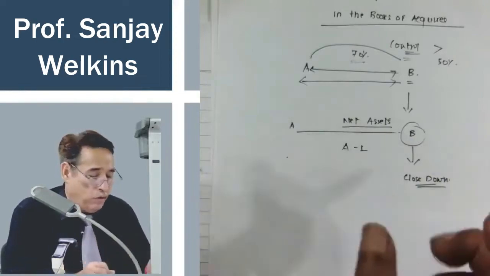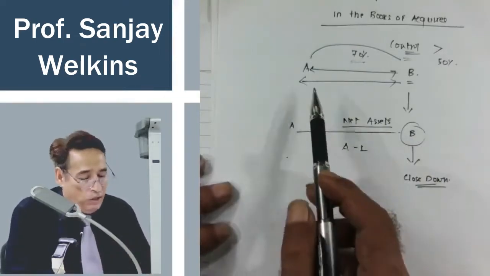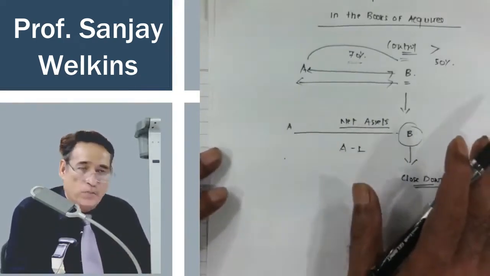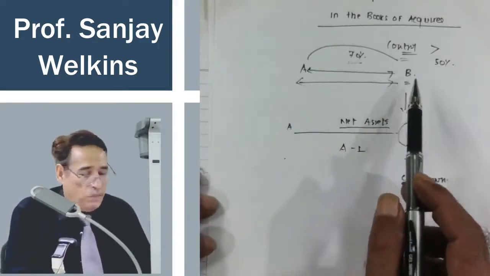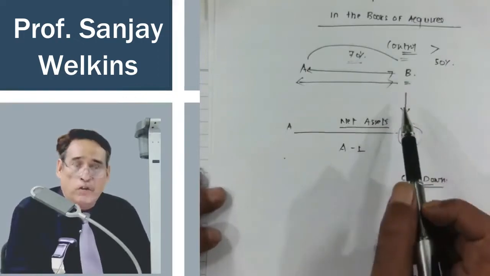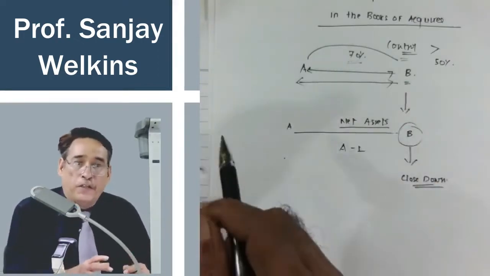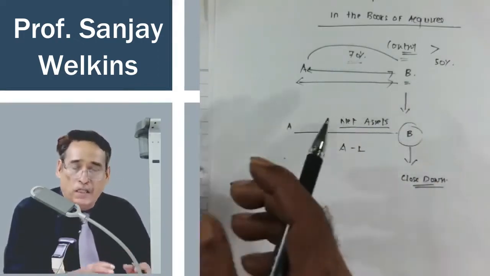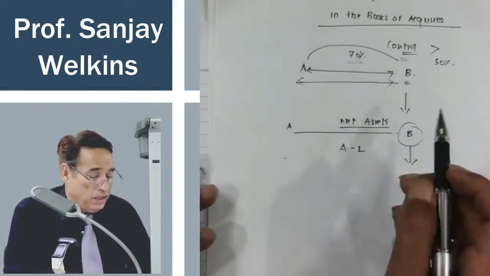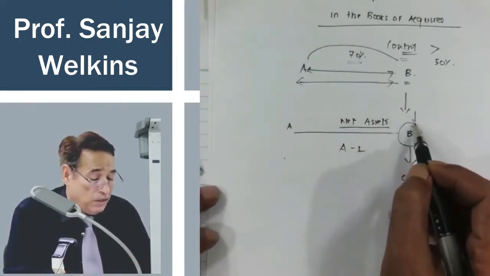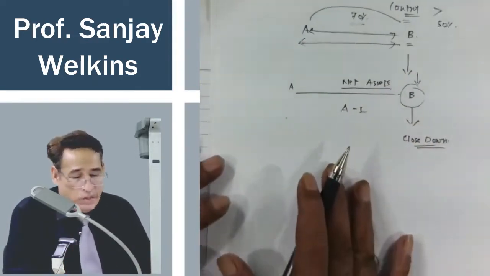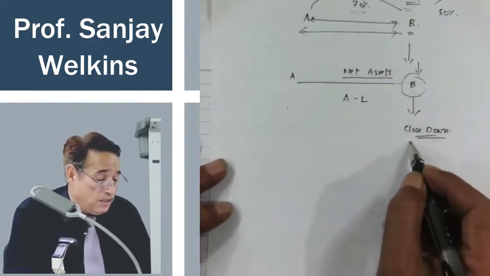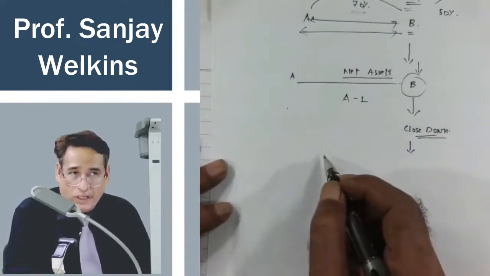So there are two ways of acquiring the other entity. One way is by investing in the other entity, getting the majority stake and controlling that entity. But in that case, the entity will continue to function and operate. However, when we acquire the net assets of the other entity, the existence of the other entity will cease to exist, correct? And its business will get closed down. So in that case, this entity will have to do some accounting.